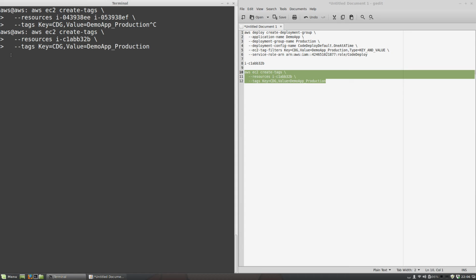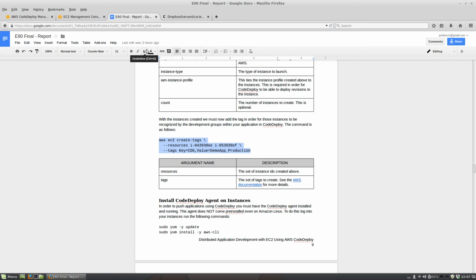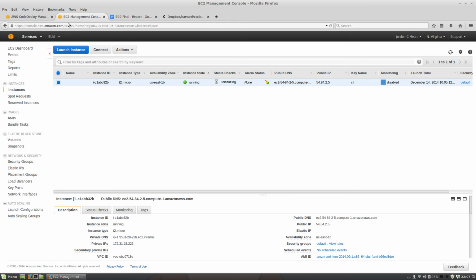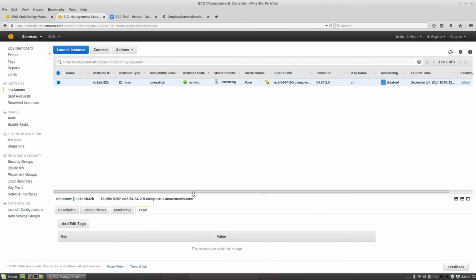Now what you'll notice is that the tag here is, the key is CDG, the value is demo app production, and if you remember, that's the same value that we defined when we created our deployment group, our production group in our CodeDeploy application. So I'm going to go ahead and assign that tag. This doesn't actually give you any output to show that it succeeded, but as long as it's not an error, that means it worked, and you can check on it by heading over here to EC2, taking a look at your instance, and then hitting tags. And if you look down here at the bottom,